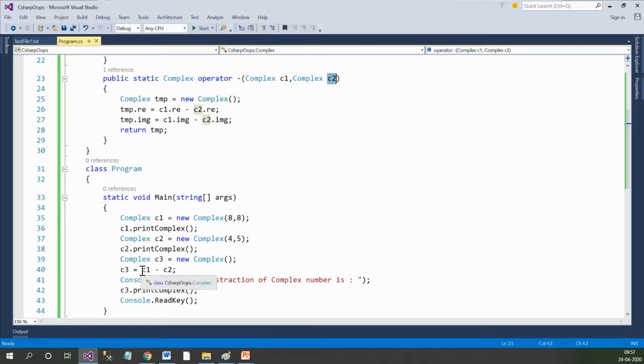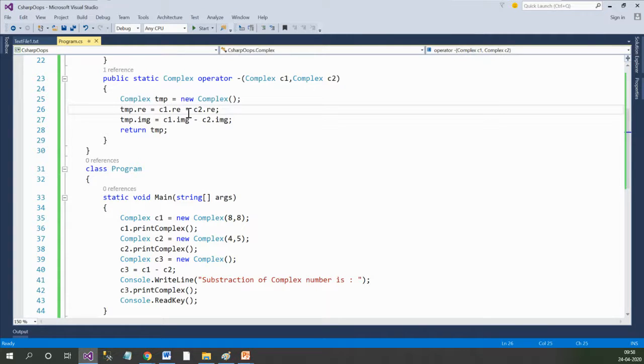Now, since this is an object, I need to carry it into another object. An object we declare using class name and object name. If it is an integer, say for example 8, then obviously I'll write int and some variable name x. But it is an object, so obviously I'll write class name and object name. Now I want to perform the subtraction part and return the complex data. That's why I have created a temporary complex object inside it.